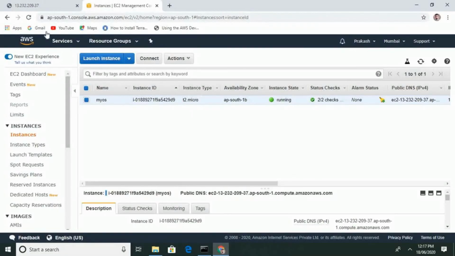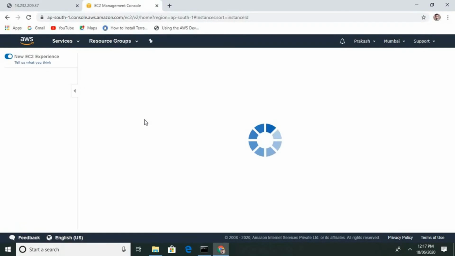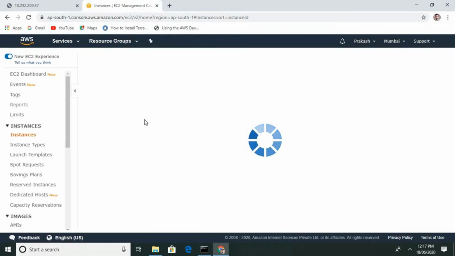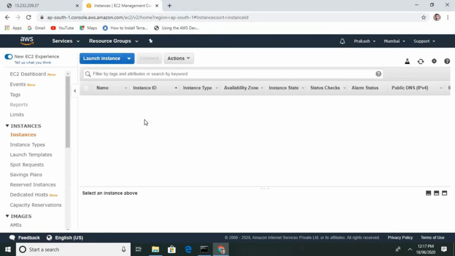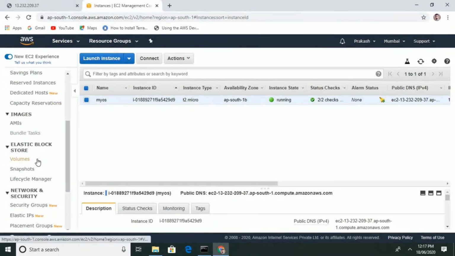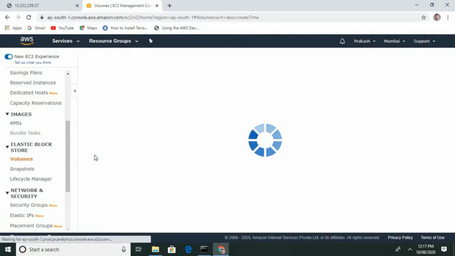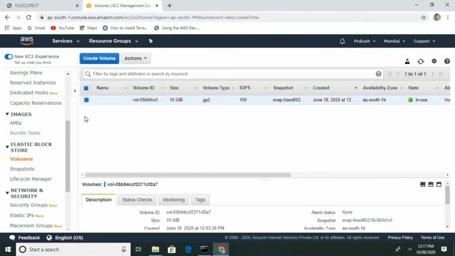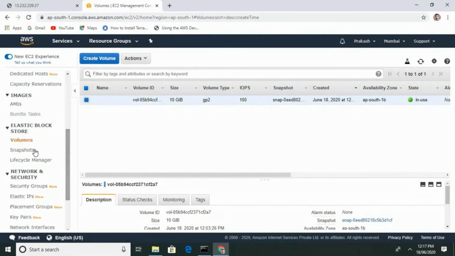And from here we can also see, so refresh. You can see that one EBS is gone, that pen drive which we have created.